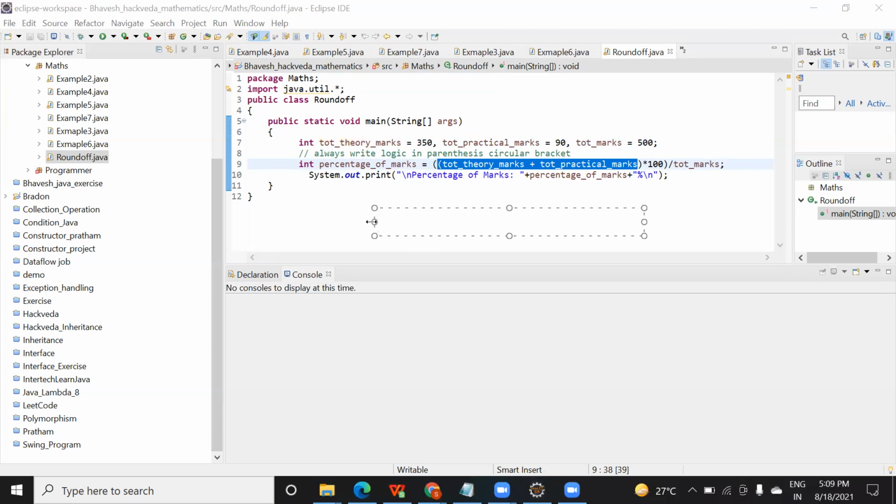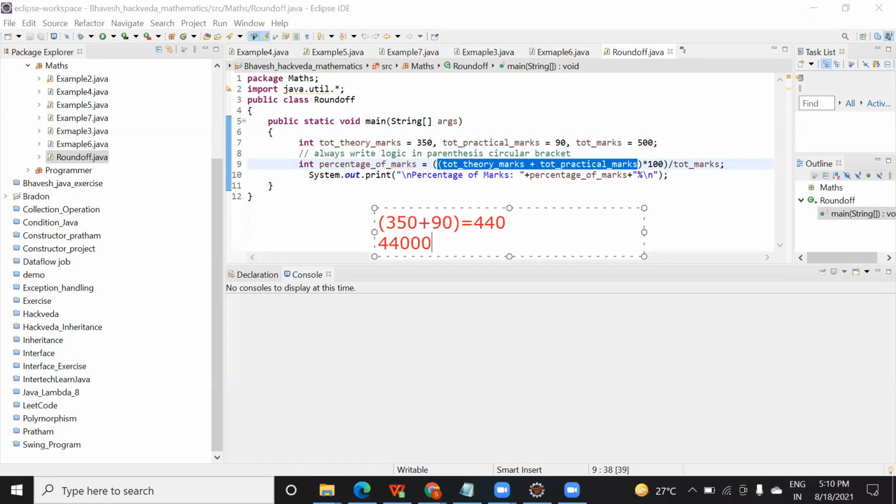Try to first solve the parenthesis and remove it. The addition will remove the parenthesis. It will give you 440, right? Then you multiply with 100. It will again remove the parenthesis and become this value.